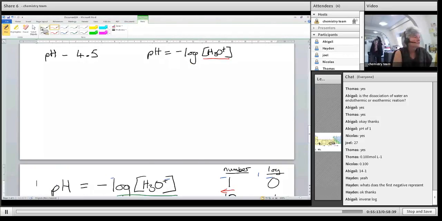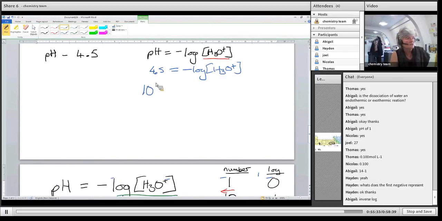So if I have, for example, a pH of 4.5 is equal to negative log of H3O+, then if I take the inverse log, it'll be 10 raised to the power of 4.5 is equal to,